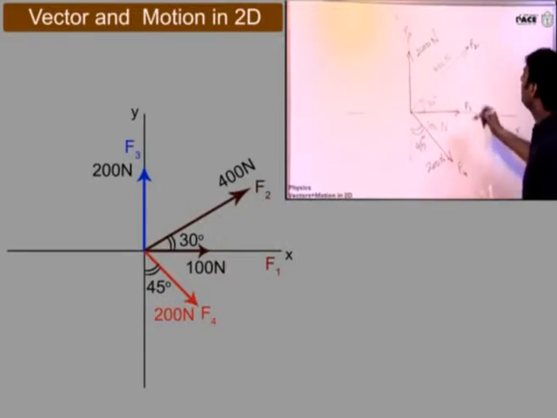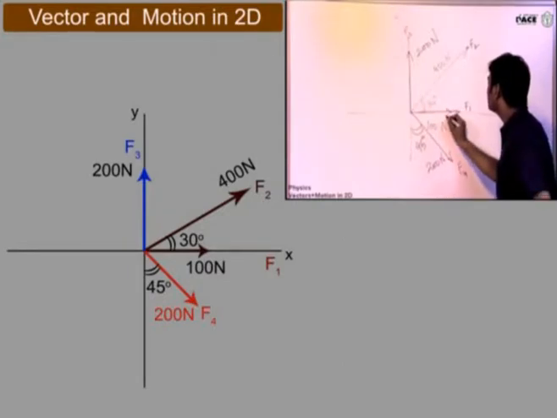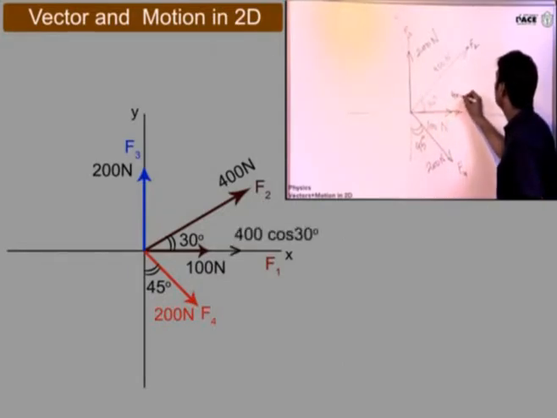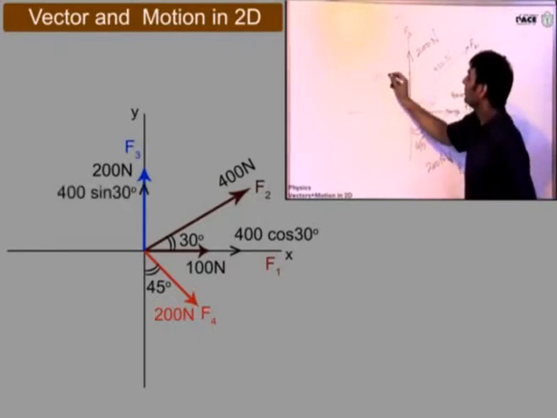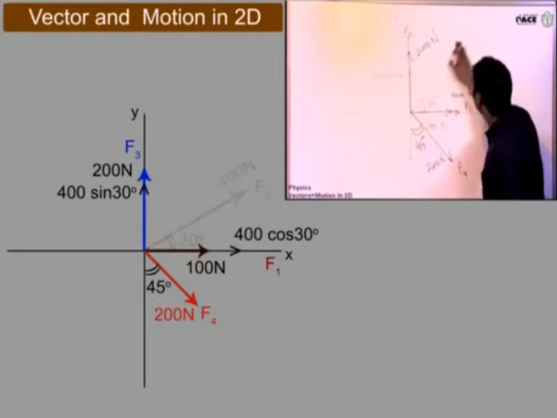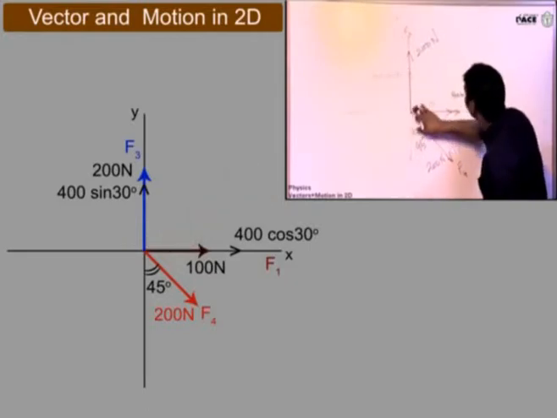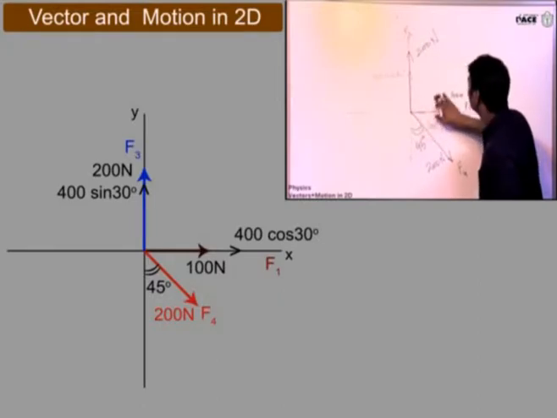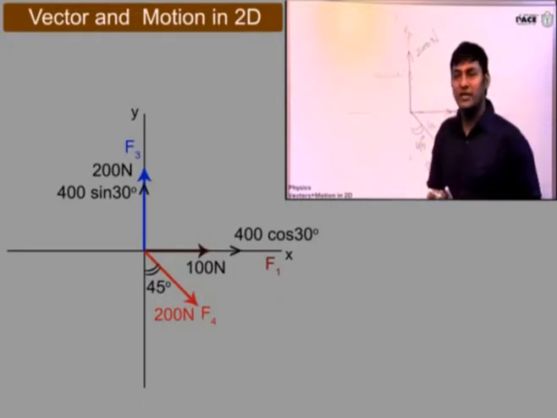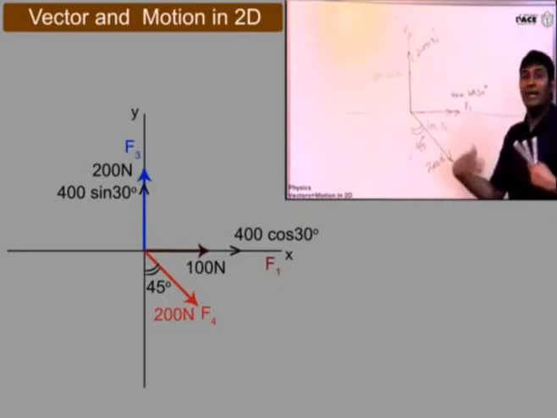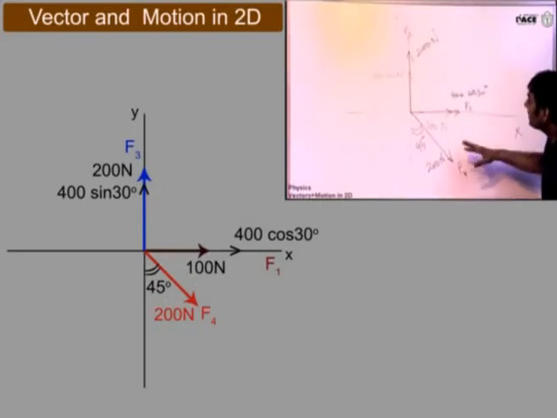Yes. So it will be 400 cos 30 in this direction, and इस direction में कितना होगा? 400 sin 30. Perfect. तो 400 को हटा लिया. क्यों? ये कहाँ चला गया अभी? इसको हमने क्या कर लिया है? Resolve कर लिया, break कर लिया into two components. Break किया. अब और कौन सा बच गया?